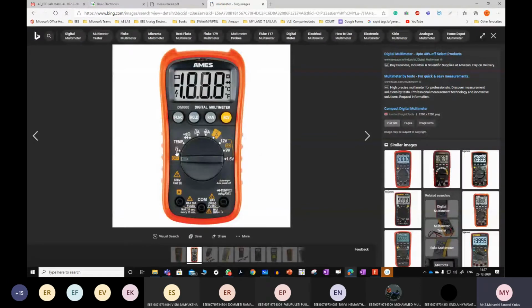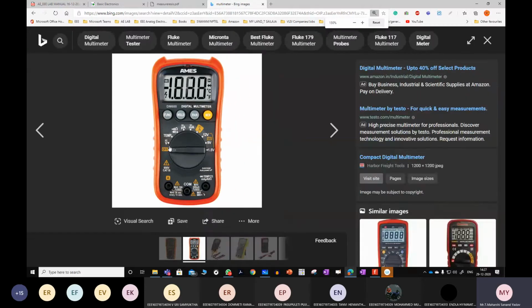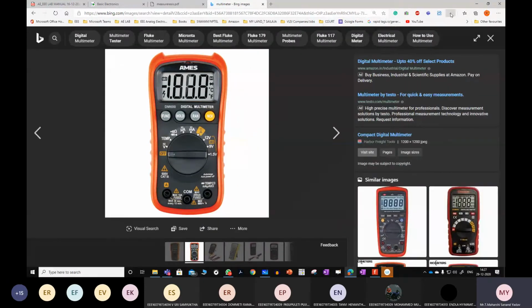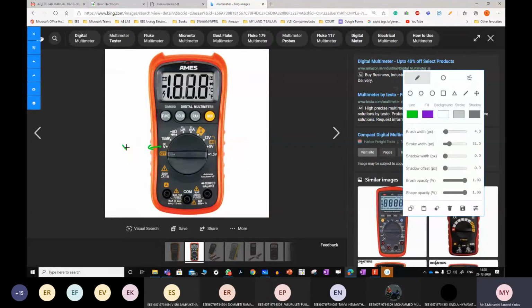See here, V stands for voltage. Here the above symbol, if you observe, it is AC, whereas this line stands for DC. Here this is AC in nature, whereas this is DC. Next, this is something which is used to check the working of a diode. You'll get a buzzer sound generally. And here, what about this mu A? Mu A stands for microampere. So it is nothing but current. Here, mA stands for milliampere.